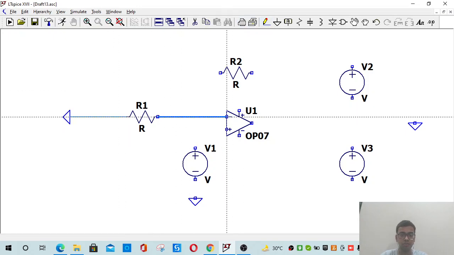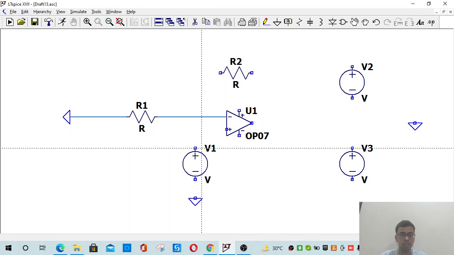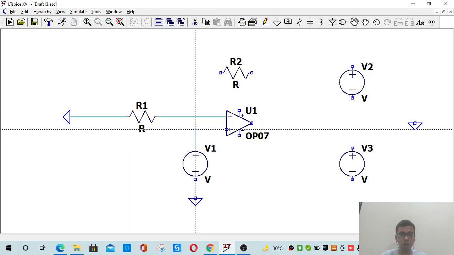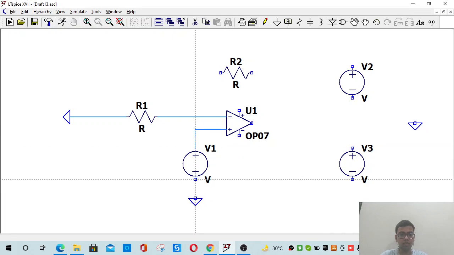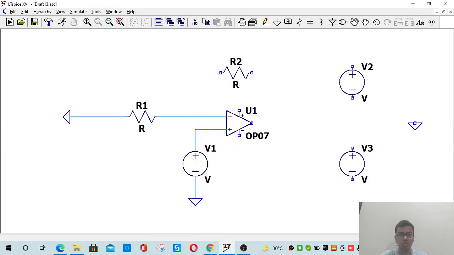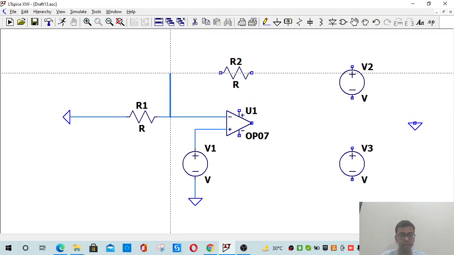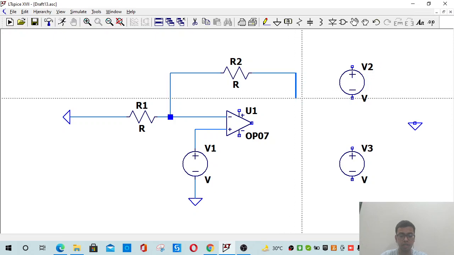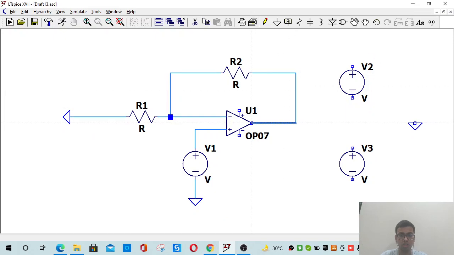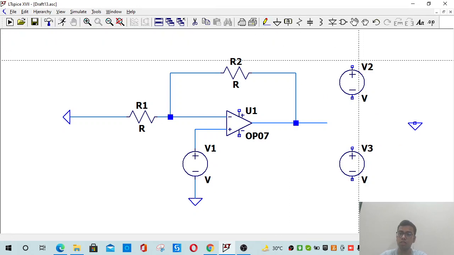We connected the inverting terminal first to a resistor and a ground terminal. Now I will be connecting the non-inverting terminal with the voltage source and ground. Now I will be giving it the feedback path. So here we go. We simply connect it all over here, and we are done. Now we will be connecting this to the voltage source as well.